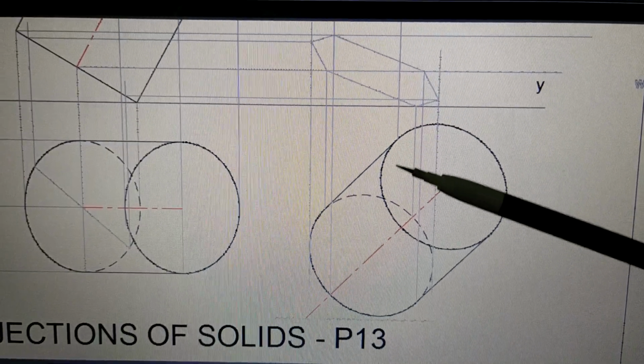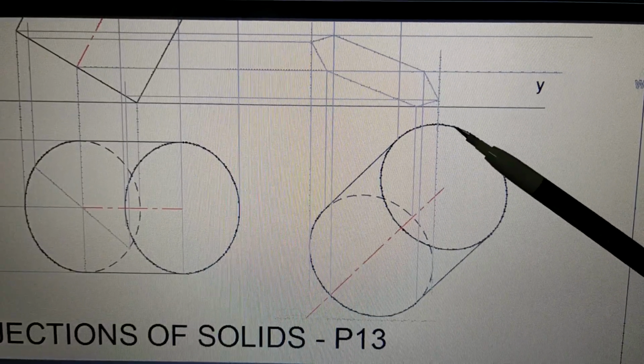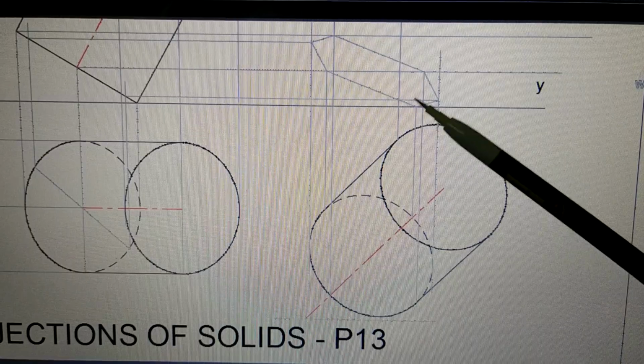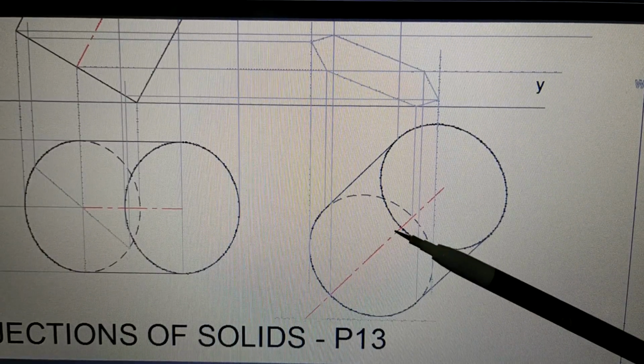So just remember what I have just now explained. Same thing you have to do for the top circle also. So there will be 2 ellipses. One ellipse is at the base, other ellipse is at the top, and then